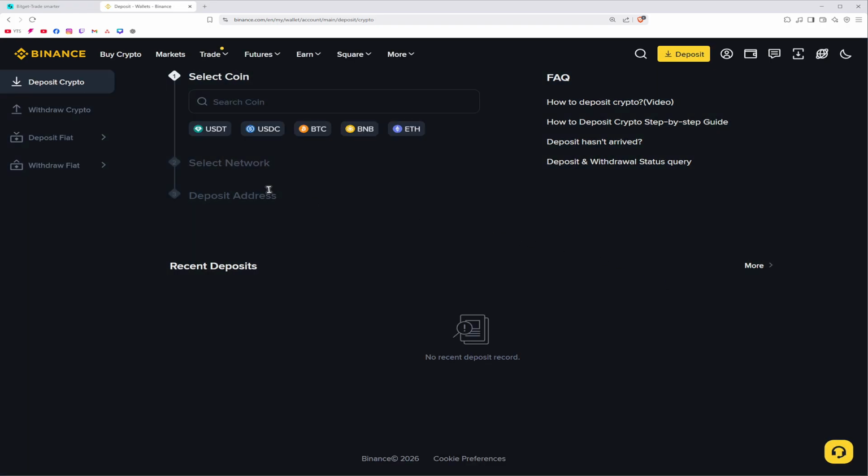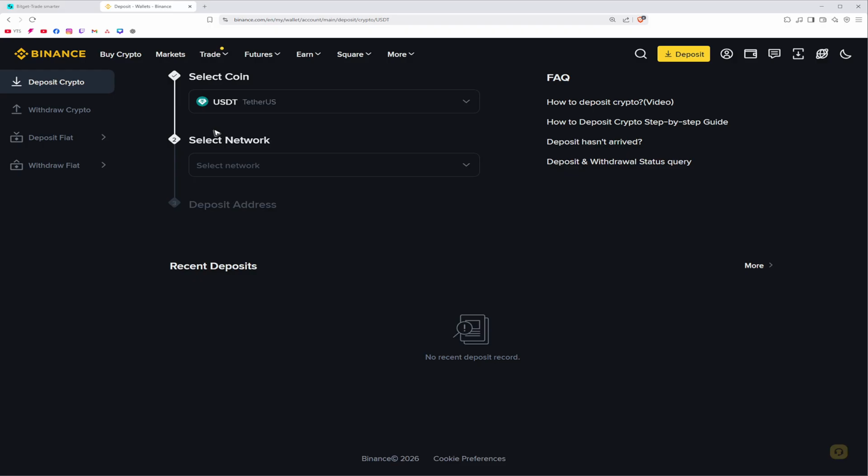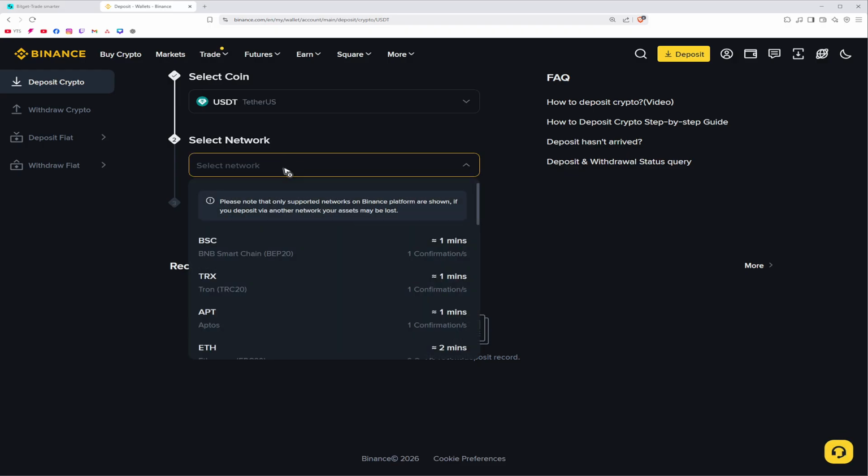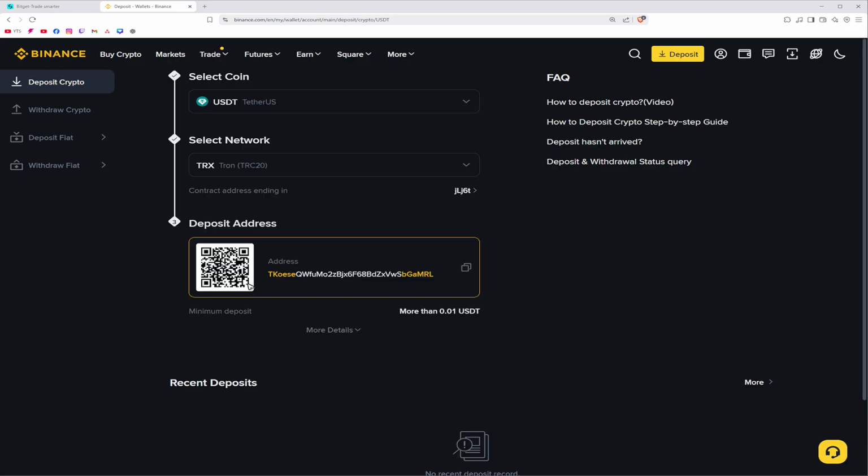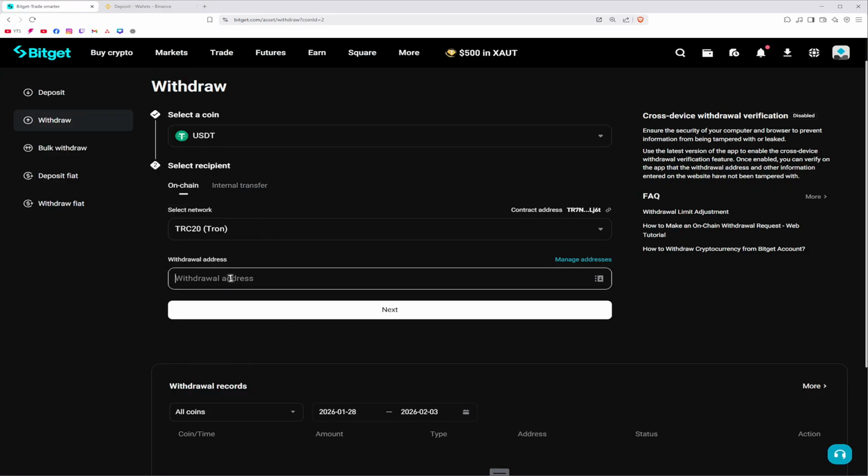Now, once it loads, go ahead and select the coin, USDT, and the network. Make sure that it matches. So we have selected Tron under Bitget. Let's go ahead and select Tron right here. And then once done, here we have our deposit address from Binance. So just copy it, go back to your Bitget account, paste that in here, and just go ahead and click